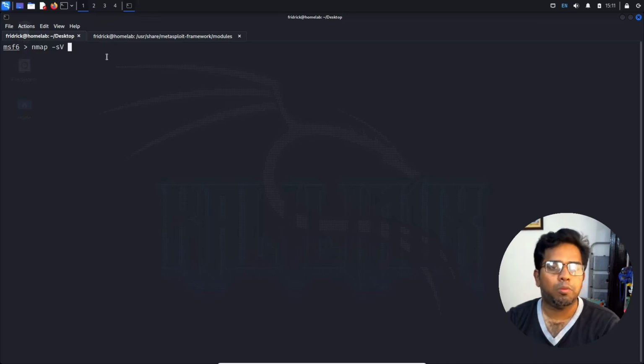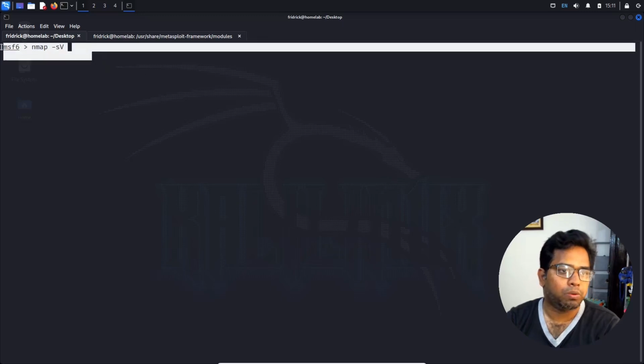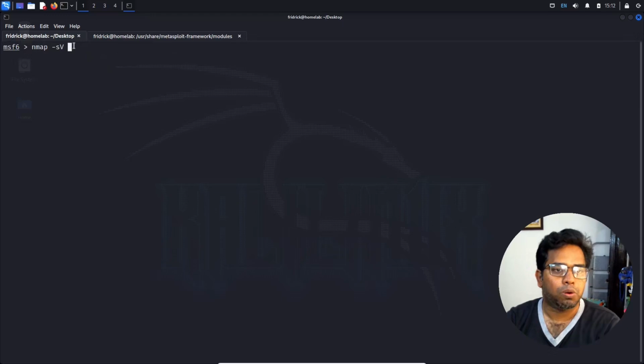This will be handy if you are using the Metasploit framework in a Windows environment, because you don't need to use multiple tools for information gathering. One tool will help you do all your processes in an automated way. That is why this tool is very handy. So nmap -sV